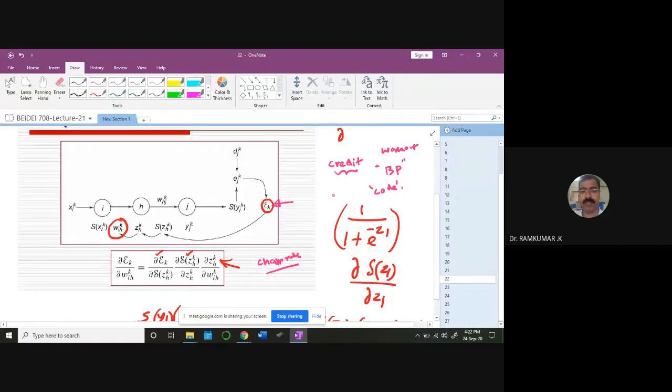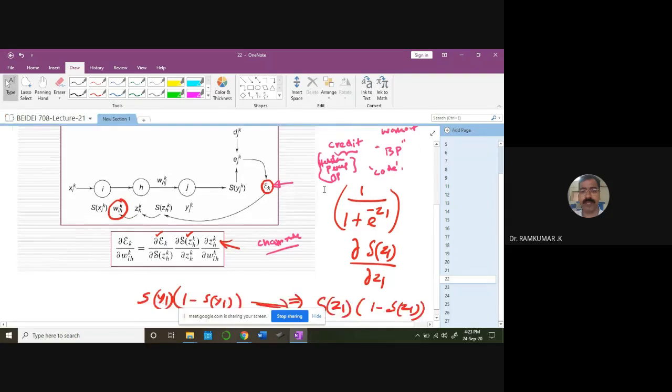I'll be uploading it in the assignment section, both for perceptron and BP, followed by Hebbian learning. You should be in a position to write codes, so we can upload the code on the assignment section. I will send a link soon. By maybe this weekend I'll be giving you the assignment. But the idea is you should be in a position to visualize this clearly.